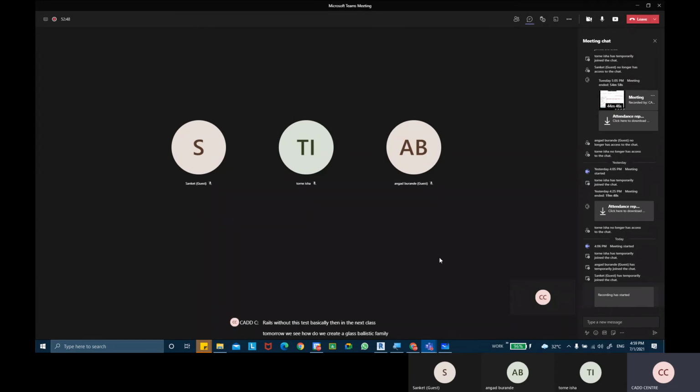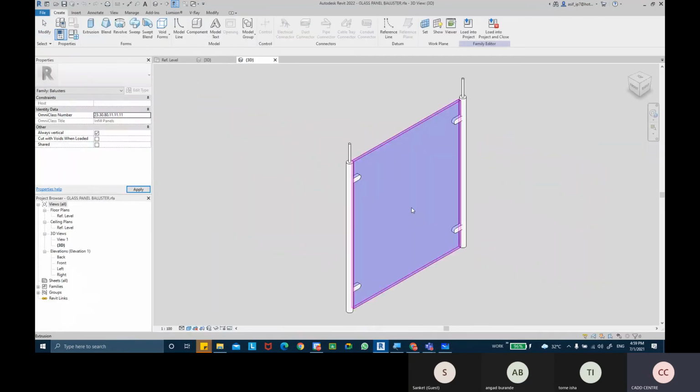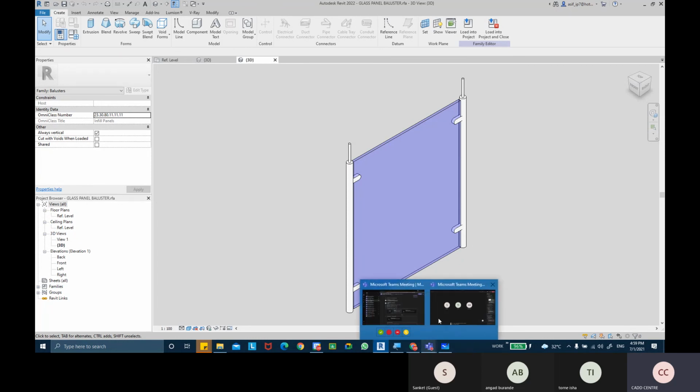I'll just show you a quick example that we have created. In my previous class I created this baluster family. You can see that we have those brackets. Everything is precise and detailed. So we need to create this kind of family to get that shape of panel baluster ready.